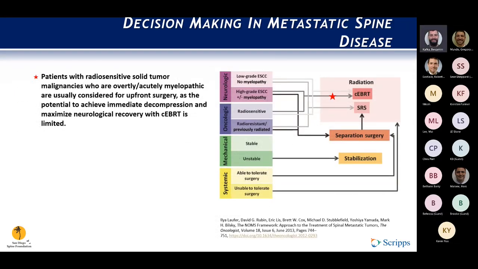So here we are back at the framework, and just to run through it a little bit. If you have a radiosensitive tumor such as breast or prostate and you have low-grade disease, that patient should be referred for external beam radiotherapy. If you have that same radiosensitive tumor but you have high-grade disease, it says they should also be referred to radiotherapy. But in patients with a radiosensitive tumor who are overtly or acutely myelopathic, they are often considered for upfront